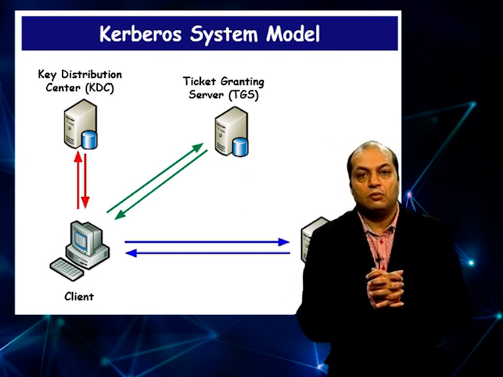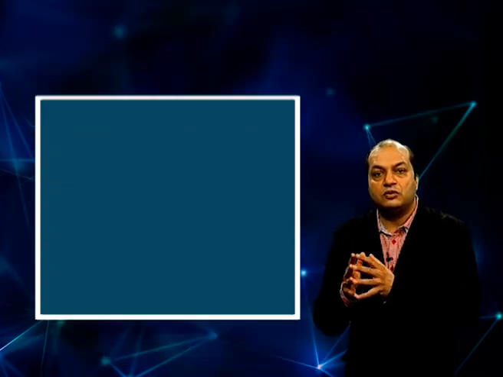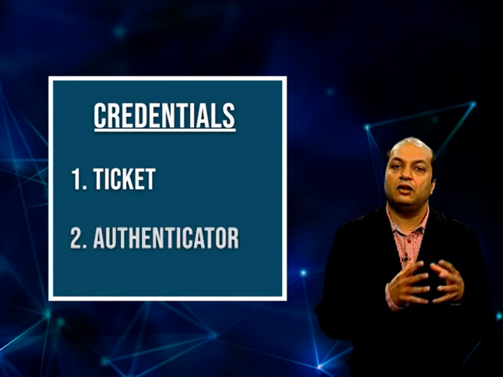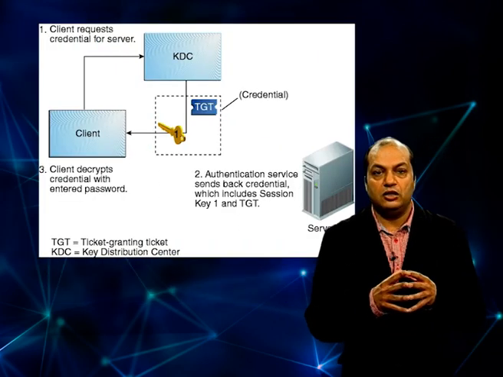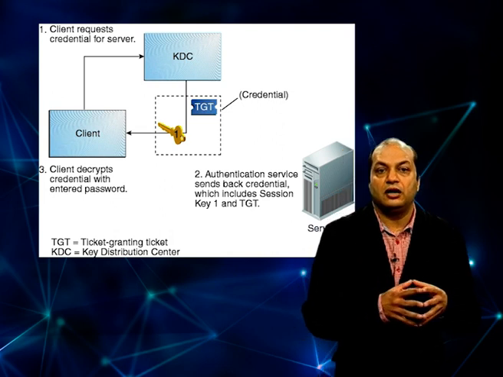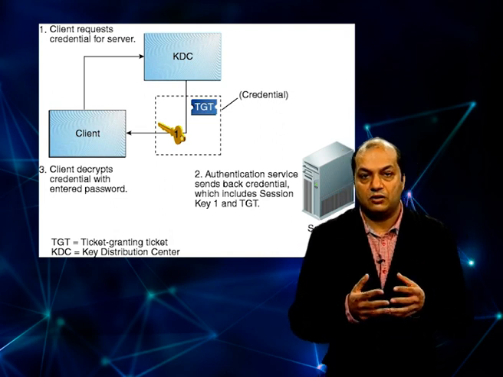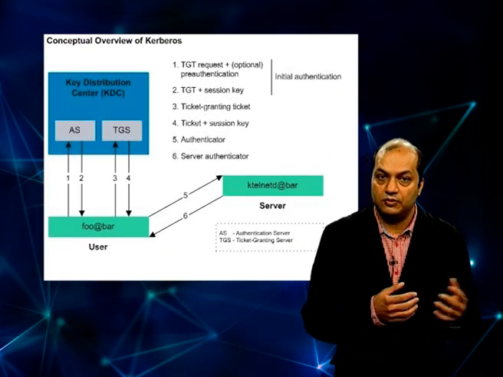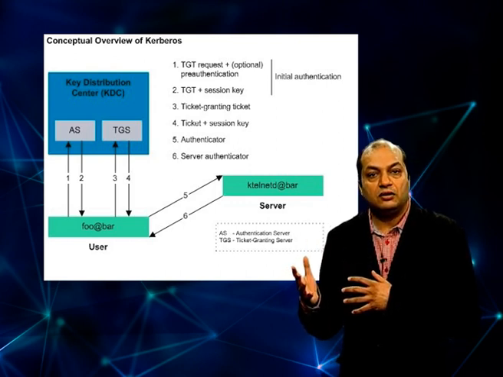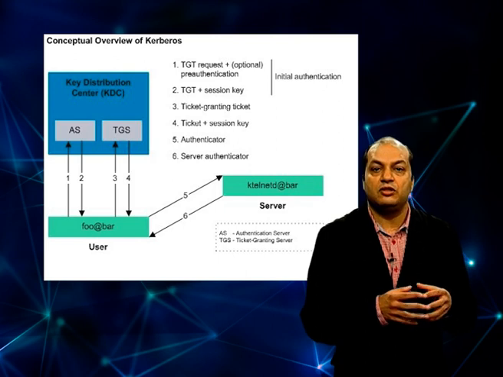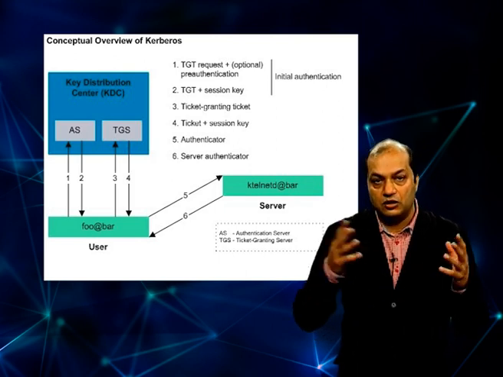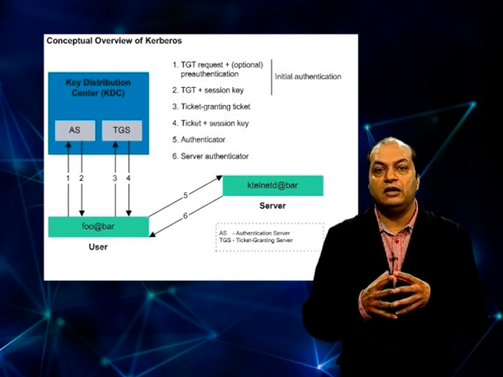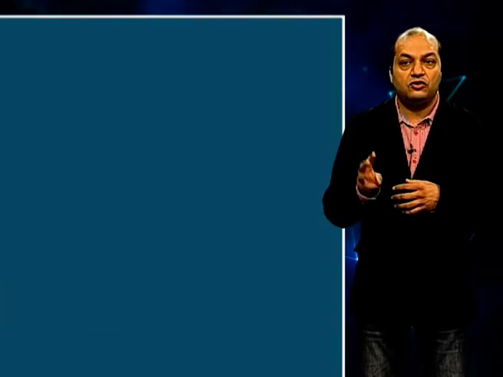Now, let us talk about the two credentials which are used in the Kerberos protocol. One is the ticket and the other one is the authenticator. The ticket is a credential issued by a KDC or a ticket granting server to a client for his request. The authenticator proves that the client knows the session key. So, after seeing the authenticator, the recipient believes that the client knows the session key. In this way, using these two credentials, the ticket and the authenticator, the Kerberos protocol achieves the intended security objective. Now, there are three phases.